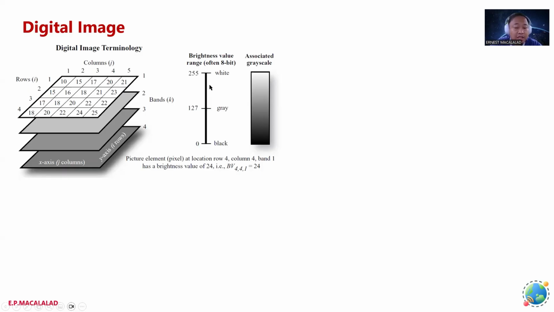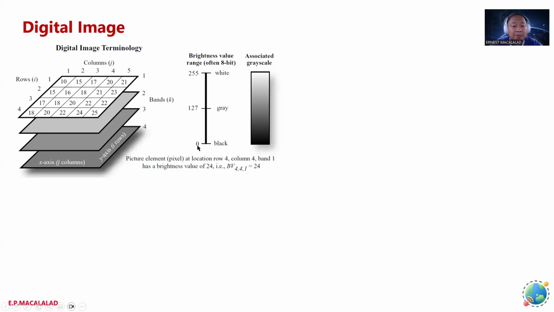Okay, so for example, in this case, the radiometric resolution of this remote sensing platform is 8 bits. So that means each pixel for each band will have values that range from 0 to 255, or 256 values. Okay.